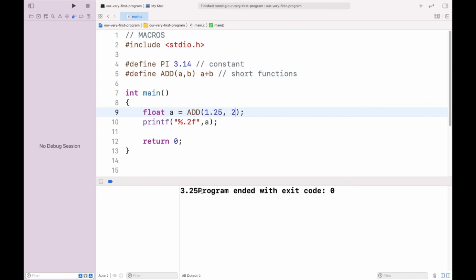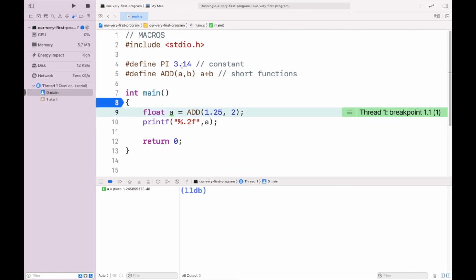We have 3.25. Now the moment of truth: I said it is different from functions because macros are not called, the flow of control does not shift to the definition. Instead, they are replaced, so 1.25 plus 2 was substituted in its place. The flow of control is not shifting to this particular definition.